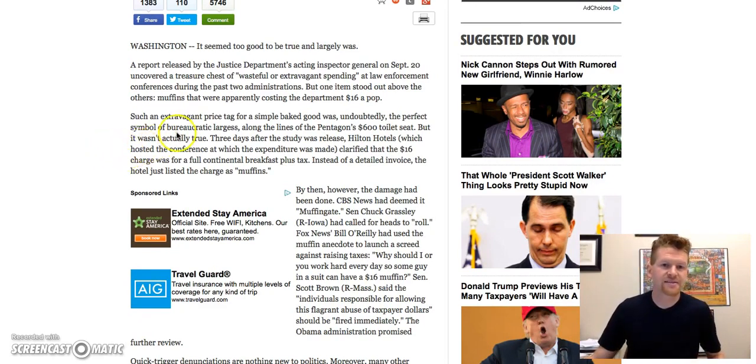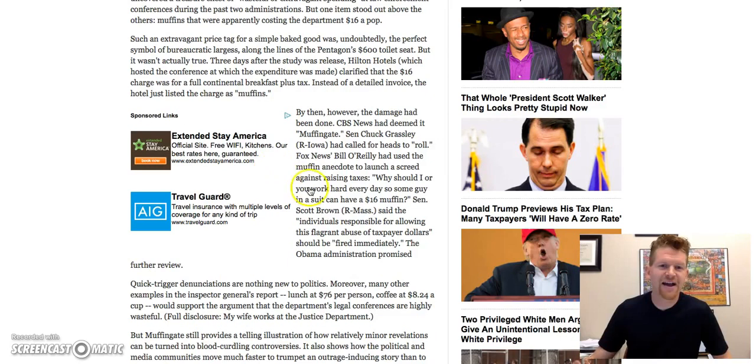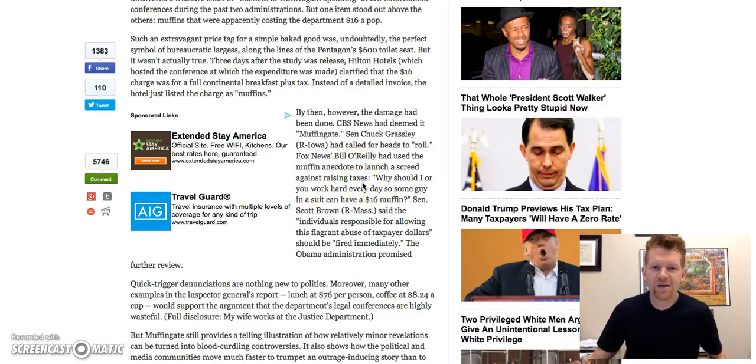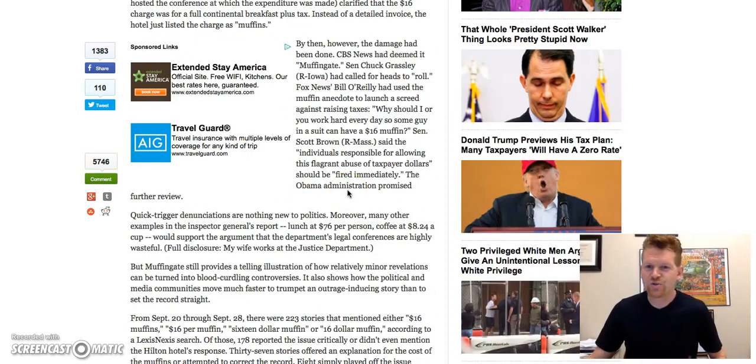So this was an instance where the Justice Department basically had an invoice with expenses for muffins that apparently cost $16 a pop. People got a hold of this in the news media, and they said, what the hell is this? Why are our taxpayers going toward $16 muffins? What's going on here? And so of course, the politicians' heads had to roll and all this stuff. Nobody really was investigating, though, the actual invoice from the hotel. And what we found out was that actually,